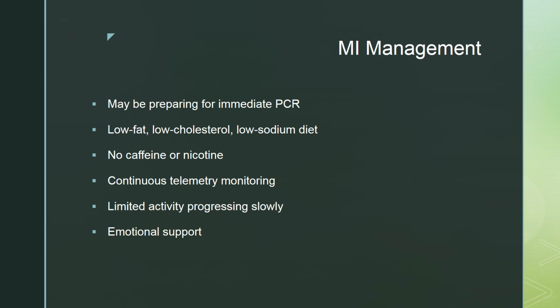Okay, no caffeine, no nicotine. In fact, a couple of our cardiologists will not give nicotine patches to our patients that just had an MI. I know our cardiovascular surgeon, Dr. Wynn, would never allow a nicotine patch. No. Continuous telemetry monitoring, they have to be on tele all the time. Okay, limited activity, progressing slowly. So, we're not going to get them up and walking 26.4 miles, but we are going to get them up